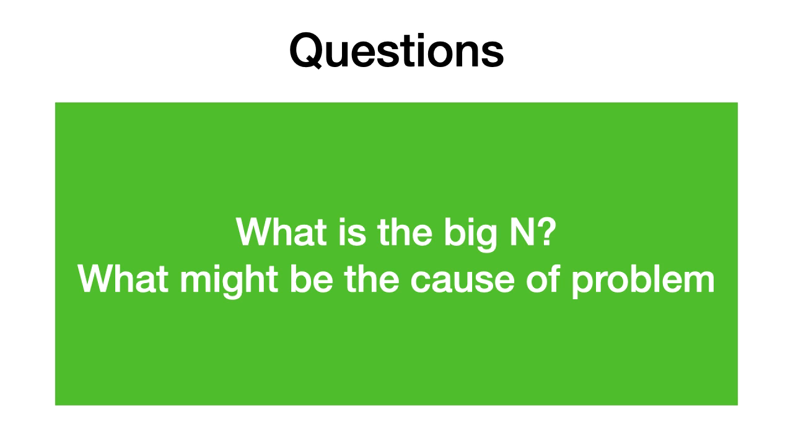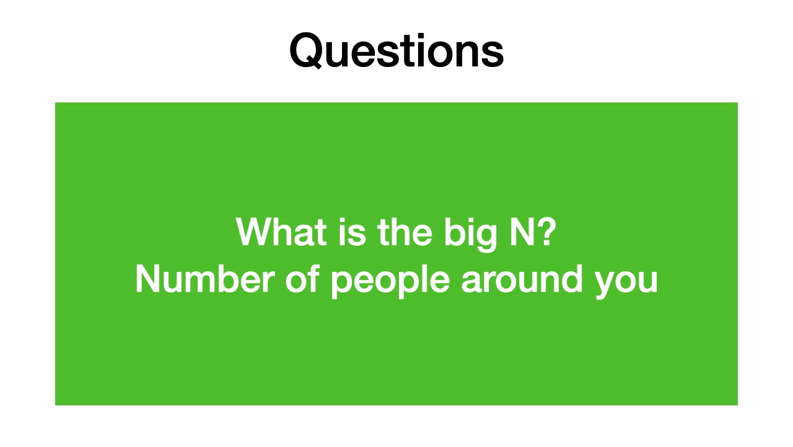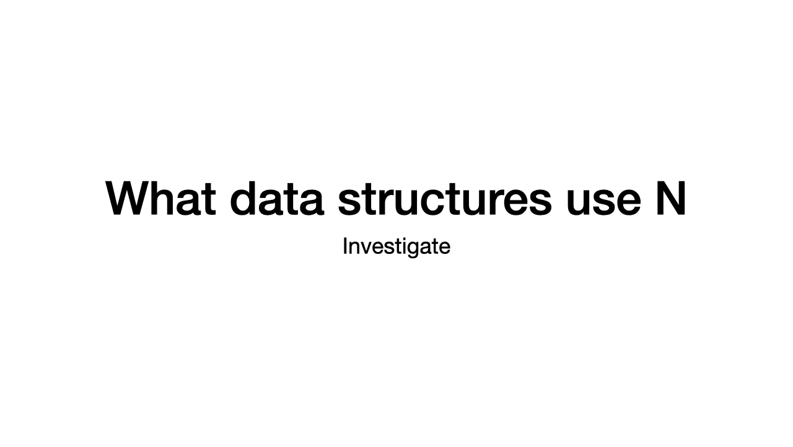The guy definitely said it's sucking energy out of the phone. So we know the problem is somewhere on that app. So the big N in this particular case is the number of people around you. So now we've decided what the big N is, we can then start saying, what are the data structures that use that big N? So we begin to investigate, and we trawl through the code,